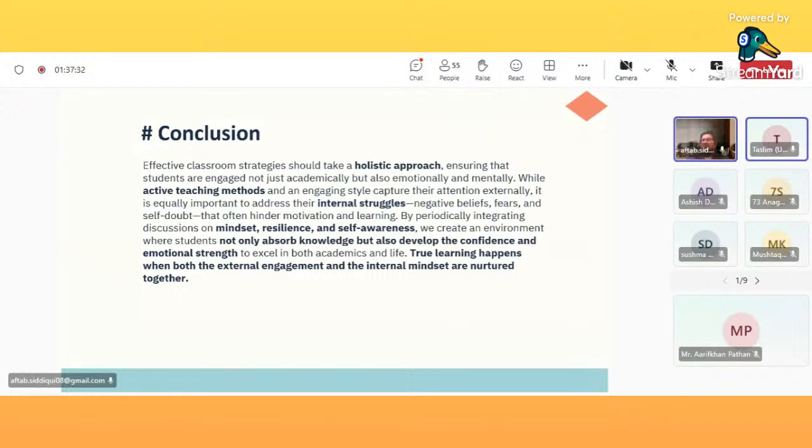Even when I was in school, when I didn't know anything about psychology, there were some professors whom we took very much for granted. When they came, we did a lot of mischief. And some teacher, like I remember my Marathi teacher, her name was Pushpa. The moment she entered the class, the entire class was very much disciplined. So it depends on how you enter the class, how you make your effect on the students.